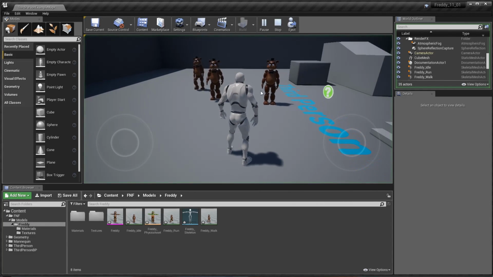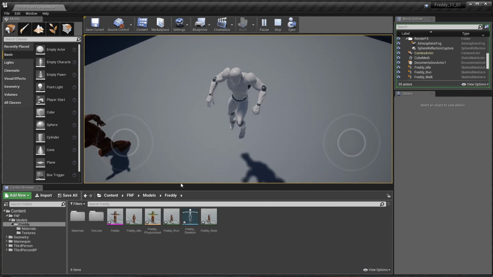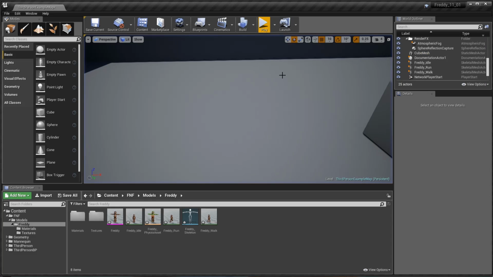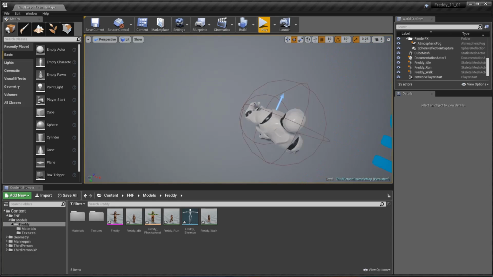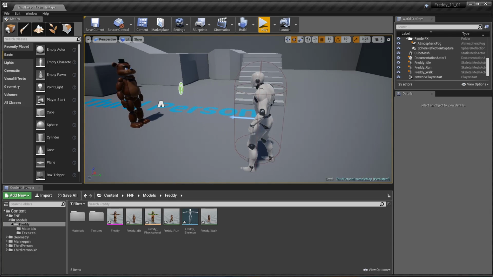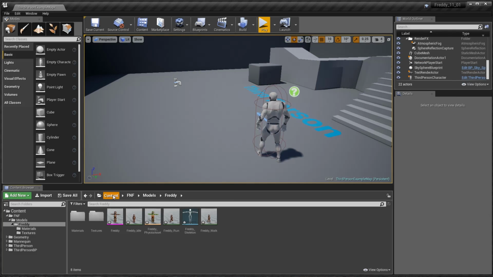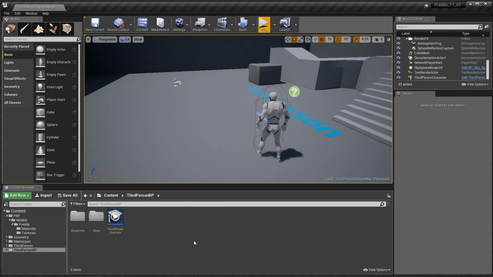Also, another thing that I have to mention here is that my character is able to jump, and although I have a jump cycle, I cannot use it directly because it's not breaking up into smaller parts. This one, on the other hand, is breaking into beginning jump, falling, and then just landing. So I'm gonna take these guys, I'm gonna kill them from my scene, and I'm gonna go to my content, third person, and